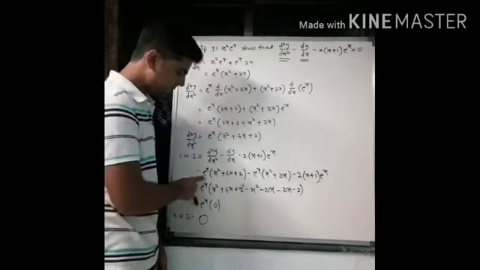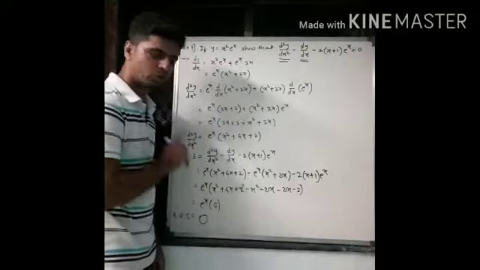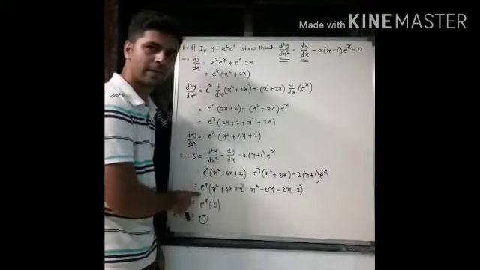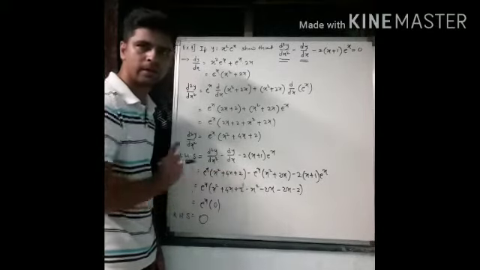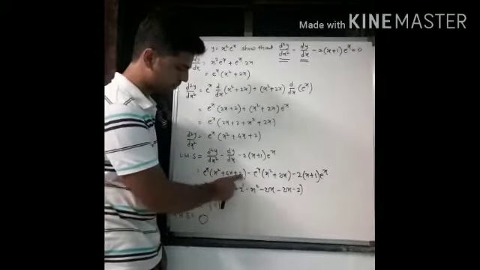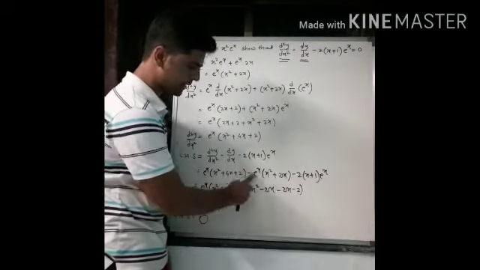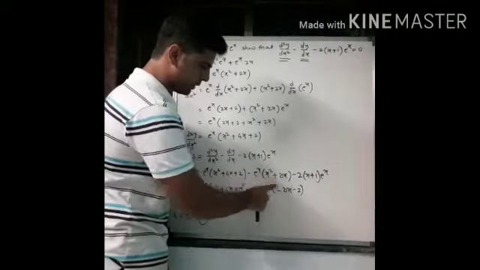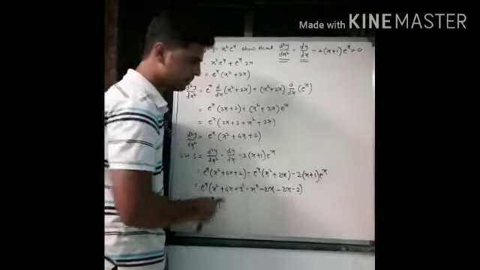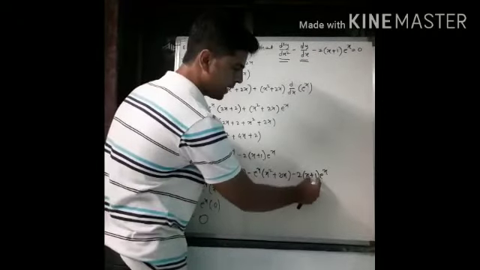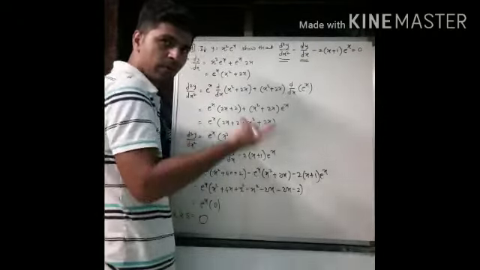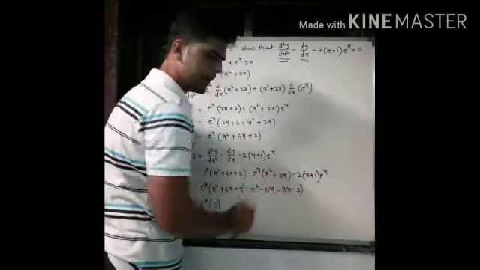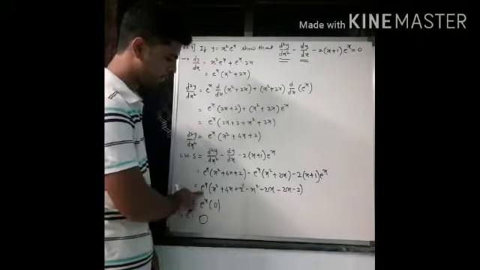But if you see, in all these three terms, one term is common, that is e raised to x. So I have factored out e raised to x from that. And the remaining terms I have written in this round bracket. x square plus 4x plus 2 as it is here. This minus sign will apply to this bracket, so both terms will be negative. Minus x square minus 2x. See, minus x square minus 2x. Right? Again, this minus 2 will multiply to x and 1 both, so both terms will be negative. So minus 2 into x, minus 2x, minus 2 into 1, minus 2. Right? And we have factored out e raised to x here.